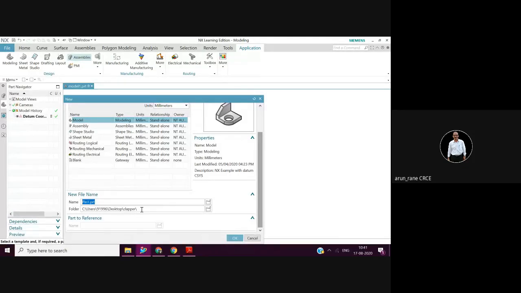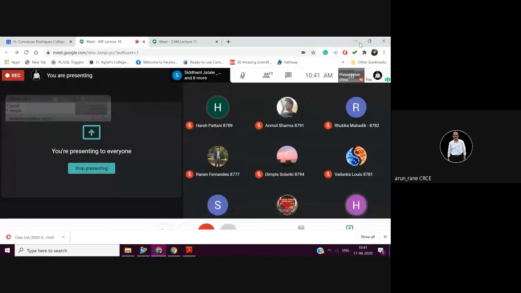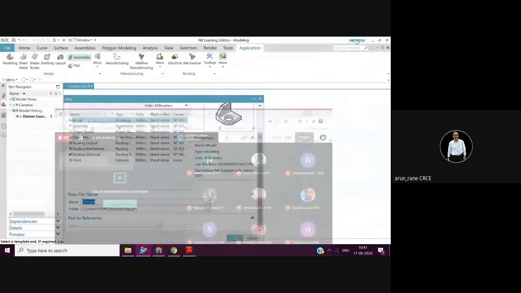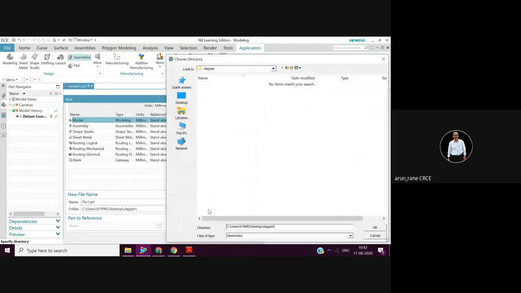On the desktop, you can create a folder, and in that you can save this pin one. This is the folder Clapper, which is on the desktop. You can browse from here. Understand?